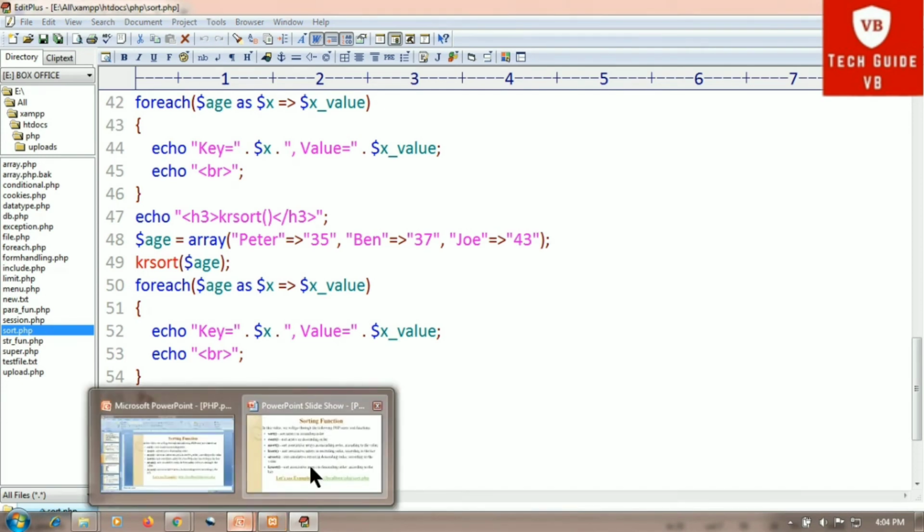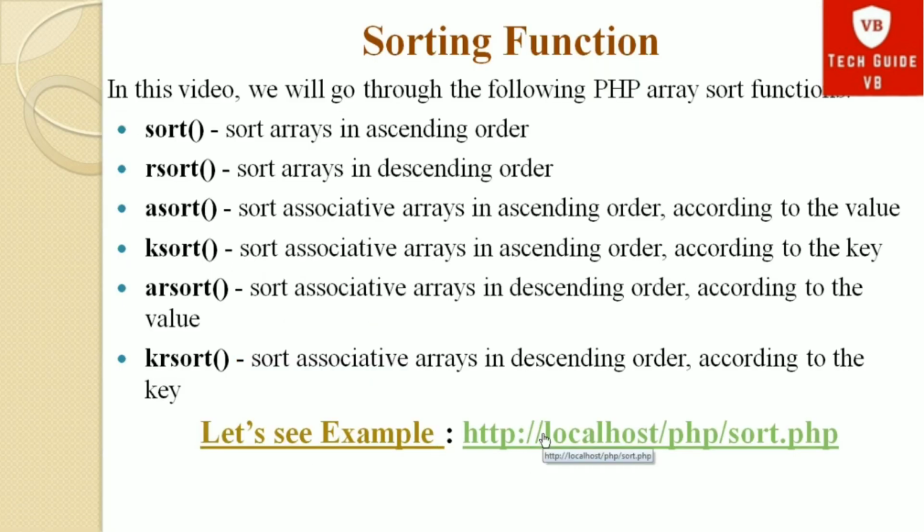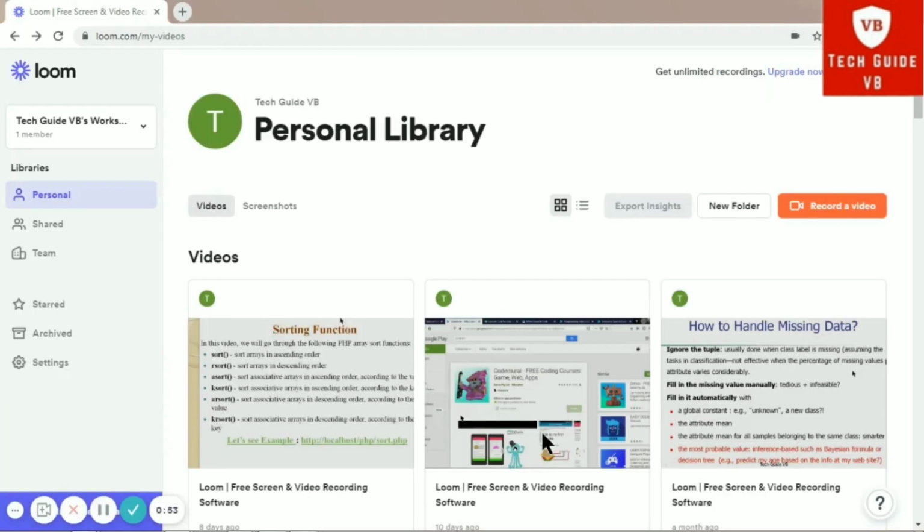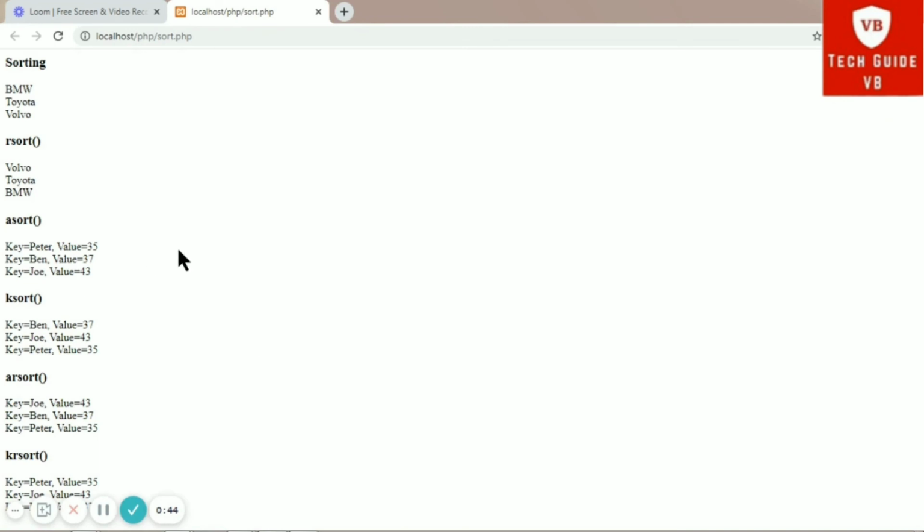After that we will see the output of this. For that we will click here and see what the exact output is. Here is the ascending order: BMW, Toyota, Volvo. rsort gives descending order: Volvo, Toyota, BMW according to alphabets. asort sorts this associative array according to value, so the values are in ascending order: 35, 37, 43.